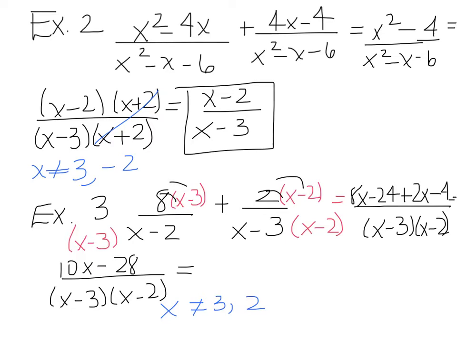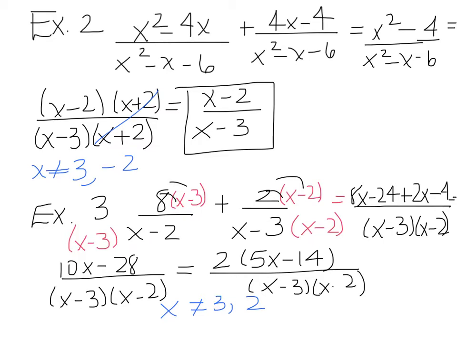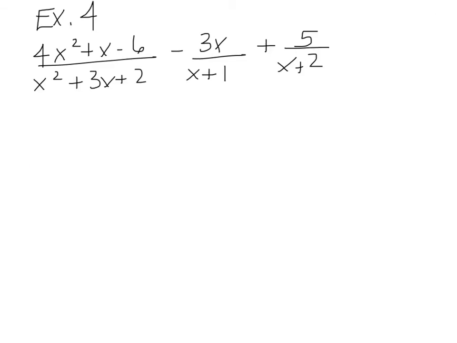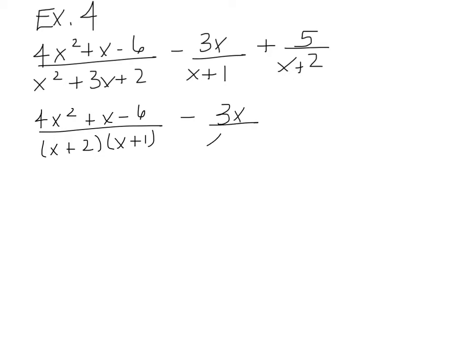And if I factor the numerator, I could take out a 2, and I'll be left with 5x minus 14. But if you notice, nothing cancels. So we leave it like this. Okay, sometimes you'll have more than 2 factors. I'm going to factor my first denominator. And here's my second. All right, if you notice, the first denominator has an x plus 2 and an x